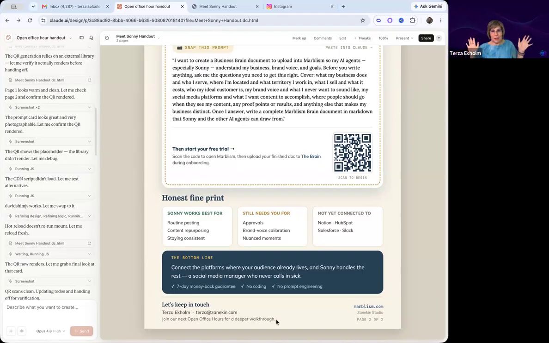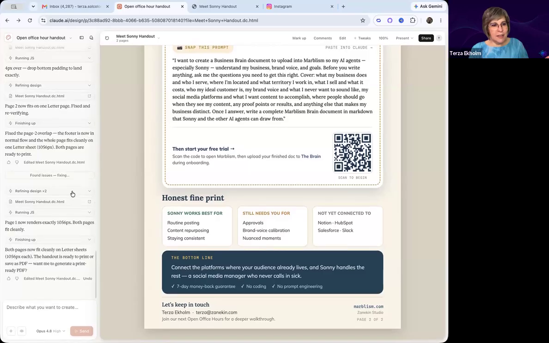I'm just sitting back there watching it going, oh, okay, this is done. And when it gets to the end, say refining design, it actually created the PDF as 2 pages. Now what Helen shared with you ended up being 2 pages plus a little bit on the 3rd page. I don't know if that's because it was setting it up for my printer or what, but that's what had happened. But as you can see, it's 2 pages here.